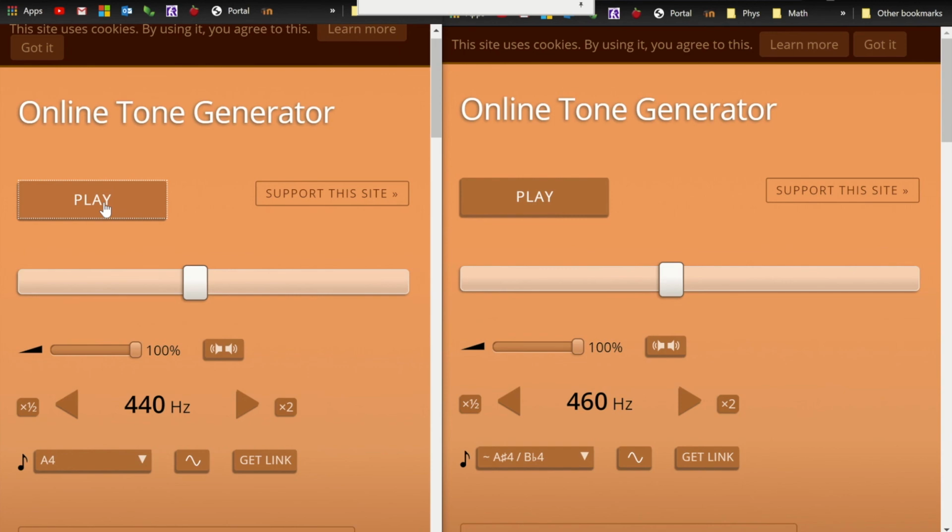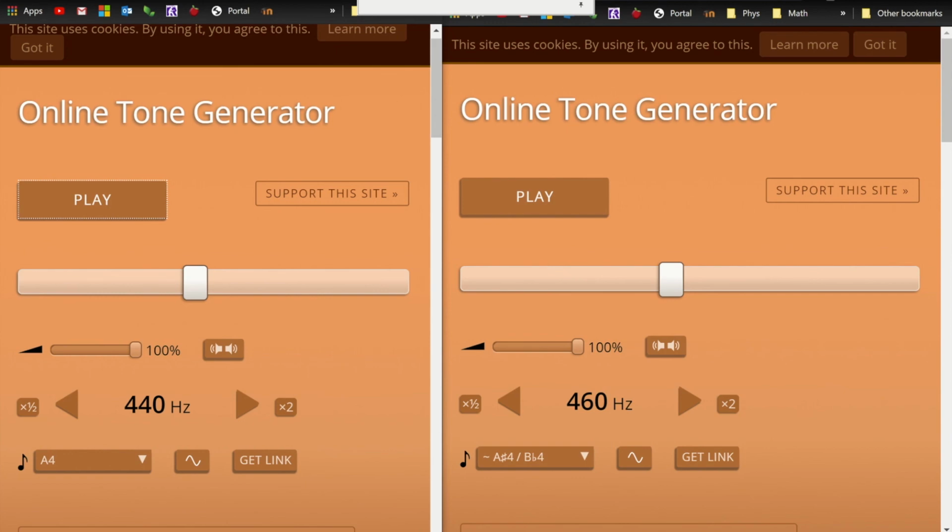Now, I think this online tone generator should be on our course web page. So when you have time, if you want to do that, open two windows, not two tabs, of that same web page side by side, and make it so that each takes half the screen. Don't use tabs, because then you have to go back and forth, right? Actually do two separate windows of Chrome, or whatever browser you're using, and make them half the size on your screen so that you can turn one on and turn the other on. You can replicate this effect with your own computer. Okay, it's very easy to do.